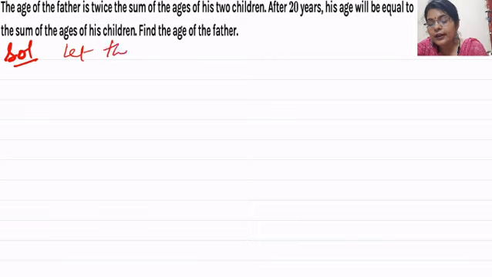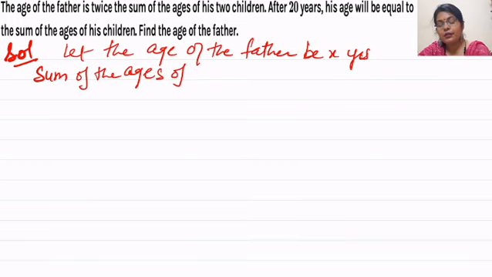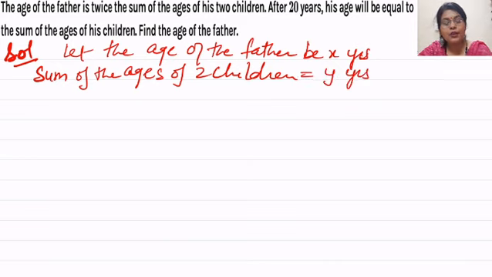What we will write, let the age of the father be x years, और दूसरा क्या हो जाएगा, सम, एक बच्चे की एज नहीं, दोनों की, sum of the ages of 2 children is equal to y years. दोनों बच्चों की एज मिलाकर जो उसका सम है वो y ईयर है। इतनी बात हमने लिख ली। अब आगे देखिए क्या कह रहे हैं, आफ्टर 20 ईयर्स, तो पिताजी की उम्र में हमने 20 ईयर्स को जोड़ भी दिया। अब यहाँ पर क्या है, 2 बच्चे हैं जिनकी उम्र का सम y है, तो आफ्टर 20 ईयर्स क्या हो जाएगा, 40 हो जाएगा।